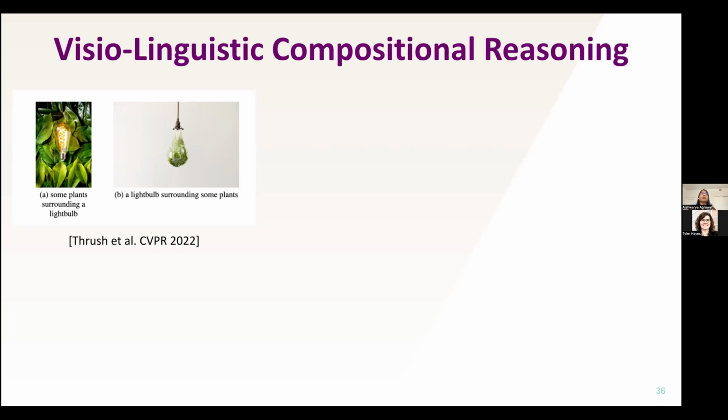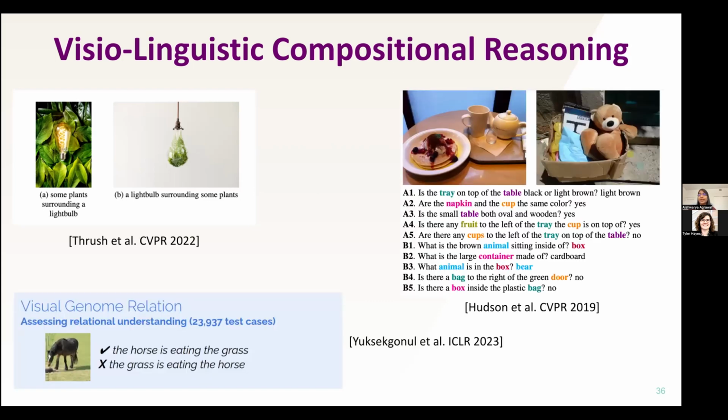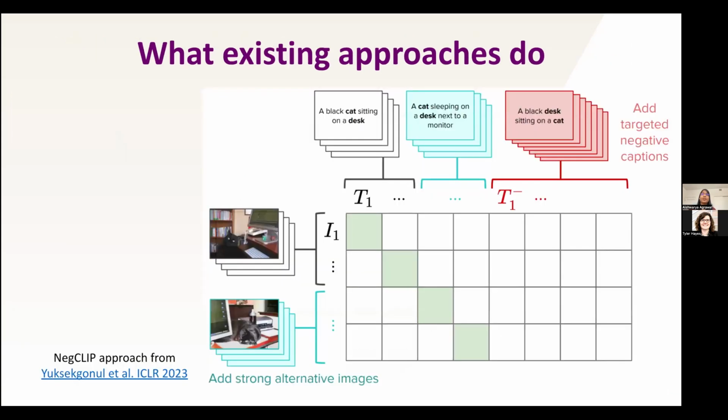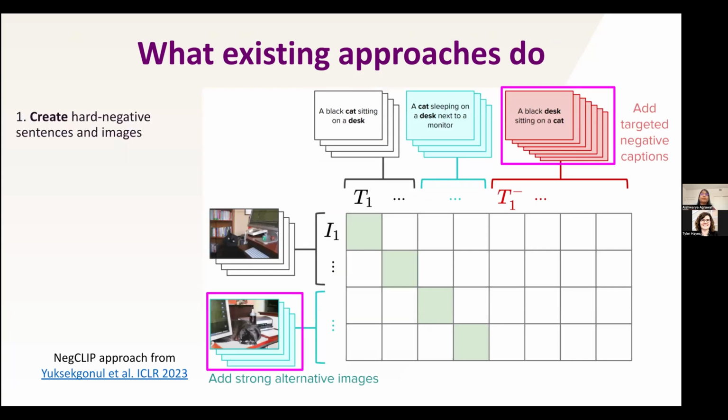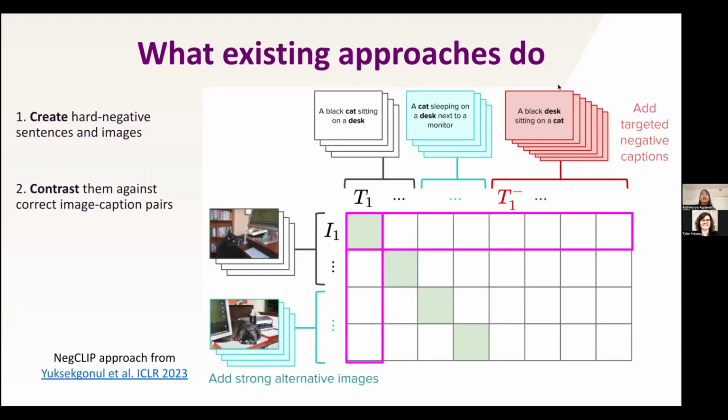And till date, this is one of the hardest challenges, in my opinion, for vision and language models. There are a bunch of other datasets that were proposed for evaluating the same kind of thing. And a lot of these models, which are at least based on CLIP, because this is an image-text matching task, create hard negatives. So you create hard negative sentences and essentially ask the model to differentiate between hard negatives, right? So that you're trying to improve the fine-grained understanding capability of this model by distinguishing hard negative sentences from